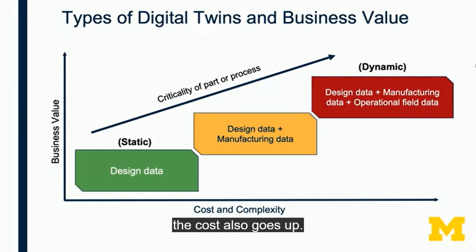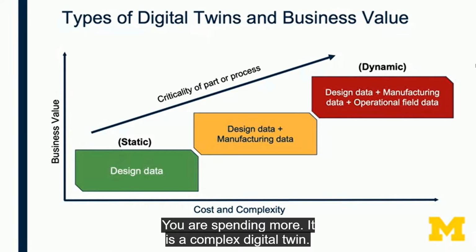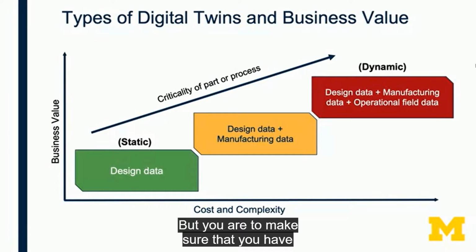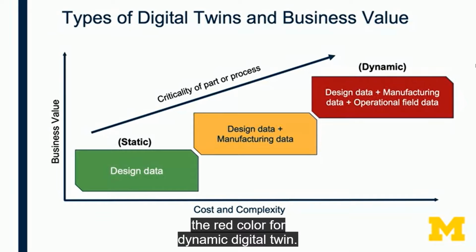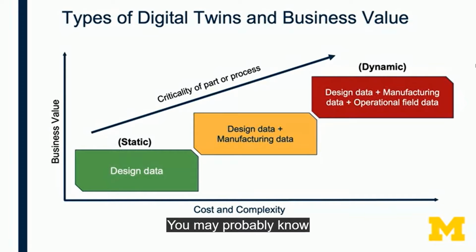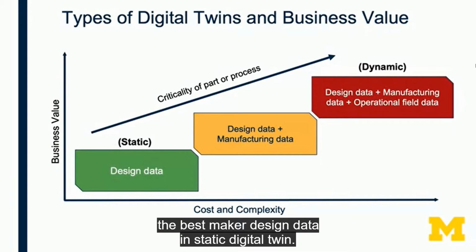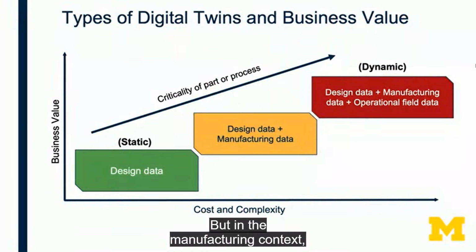Now, in fact, if you see here, the cost also goes up because from left to right, as I said, the cost and complexity go up. You're spending more. It is a complex digital twin, but you have to make sure that you have the right business value that you're deriving for that particular product. Like the coffee mug, it doesn't make sense to make the red color of a dynamic digital twin, right? You may at best make a design data static digital twin,